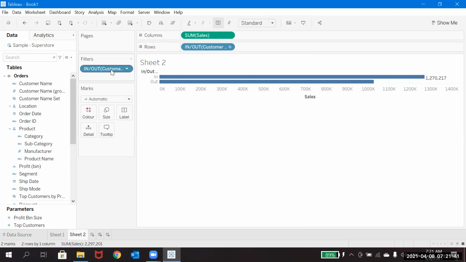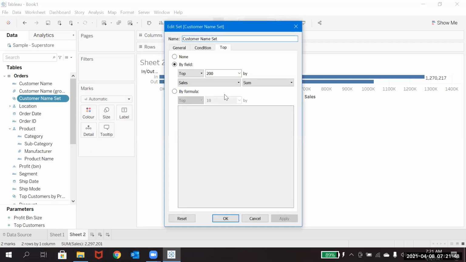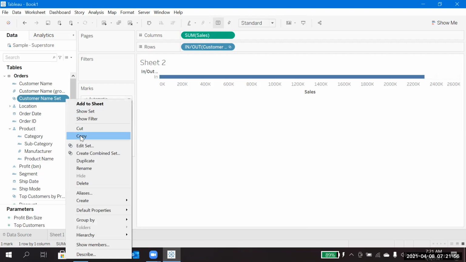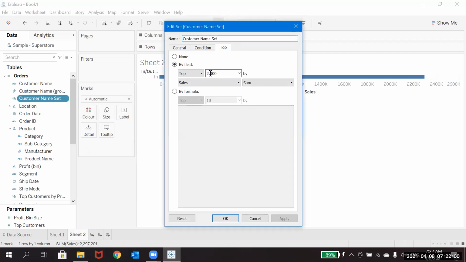There is no change. See, almost everything is coming into In here. Let's change the value; actually we should decrease it. I'll keep 1500.